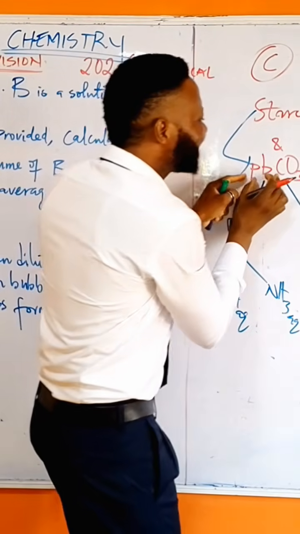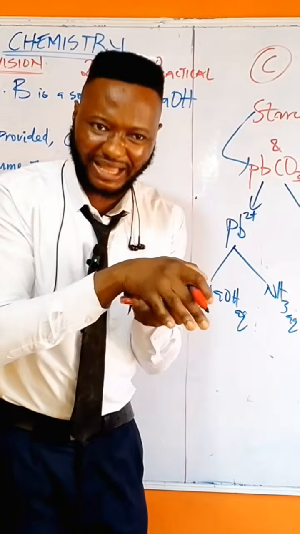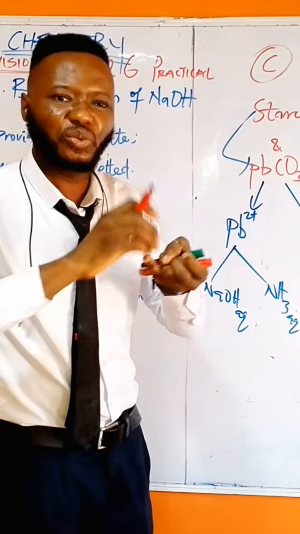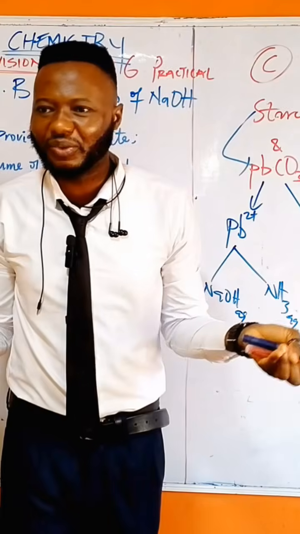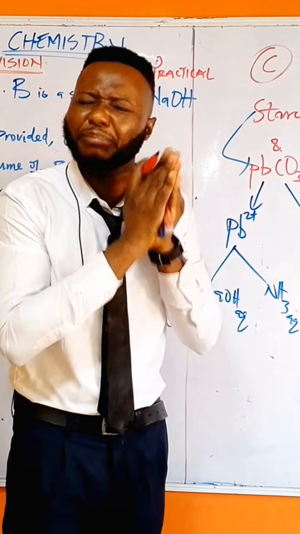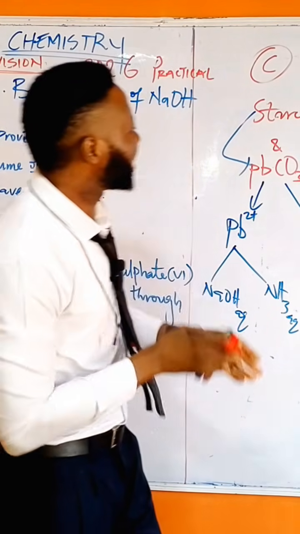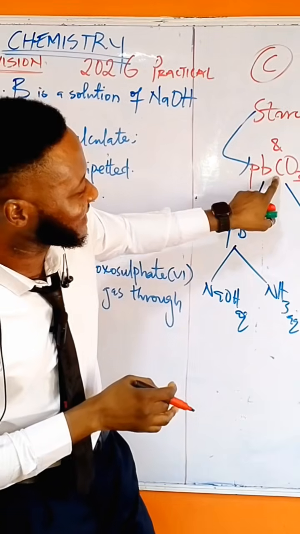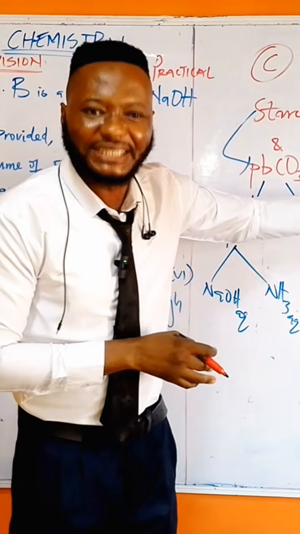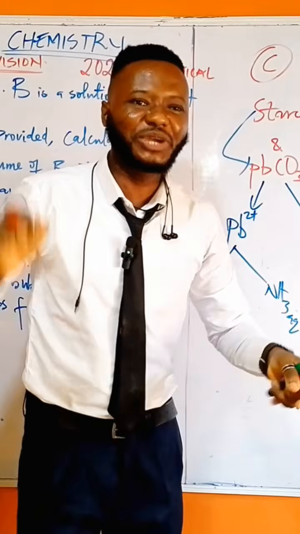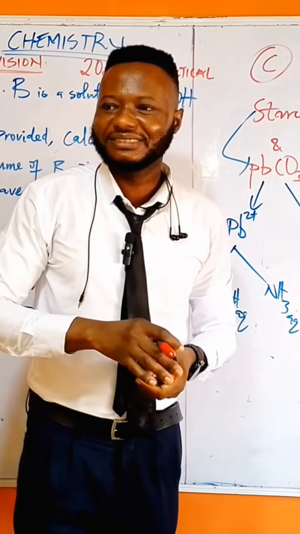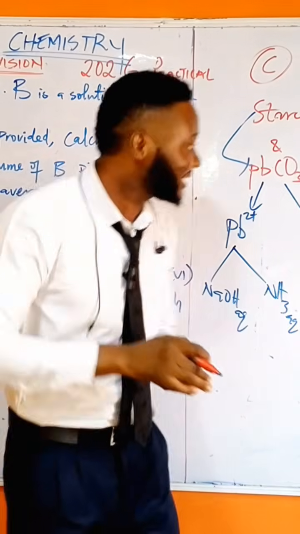Why? Because this lead carbonate is insoluble in water. Starch is insoluble in water. So they cannot say we should add water when they know that the two salts mixed together are both insoluble. So this lead carbonate is soluble in nitric acid, but starch is not soluble. So when we add nitric acid,